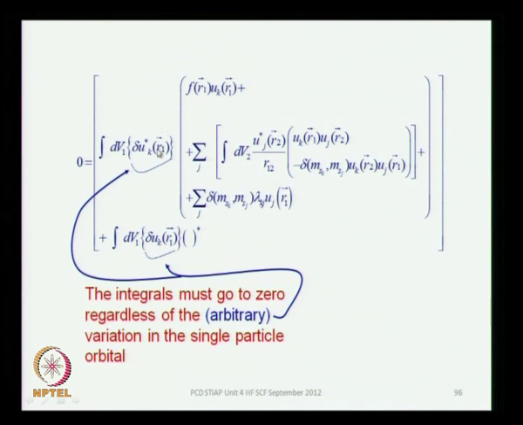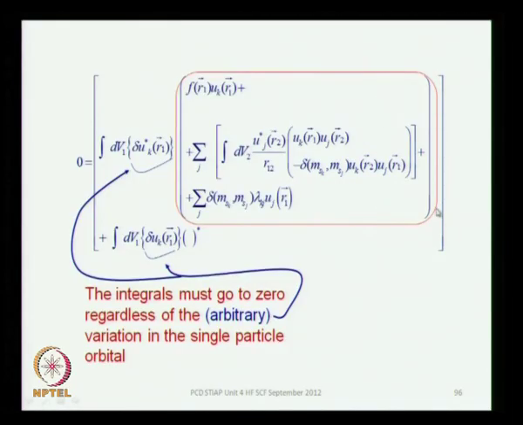Okay, so, independent of this factor, you have got a product of two factors whose integral vanishes, regardless of what one factor is, then the other factor has to be 0. So, what is inside this red loop must necessarily vanish. Now, this is a conclusion that you can draw from our analysis,